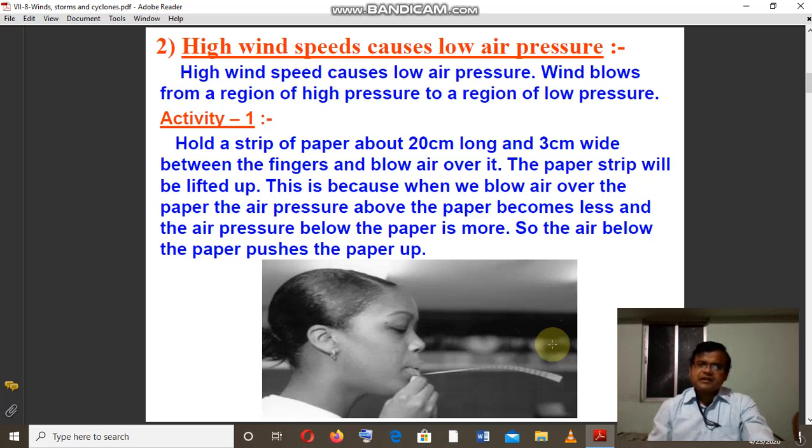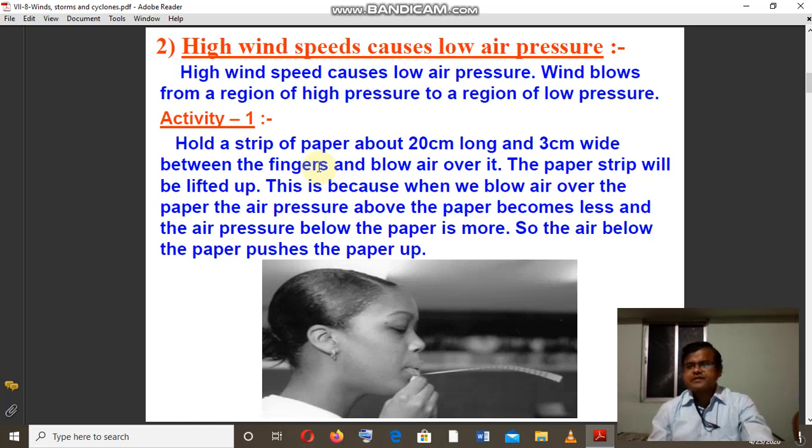High wind speed causes low air pressure. Wind blows from a region of high pressure to a region of low pressure. For this, we can do a simple activity. Just hold a strip of paper about 20 centimeters long and 3 centimeters wide between two fingers and blow